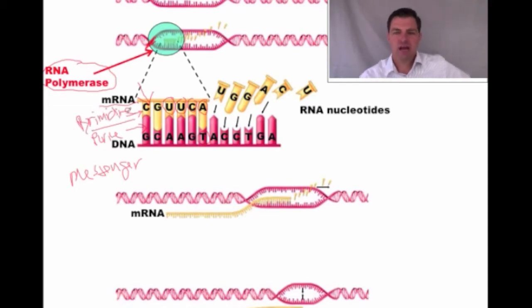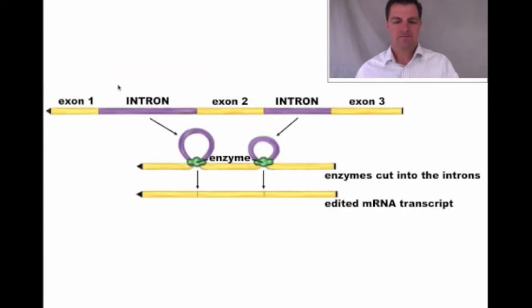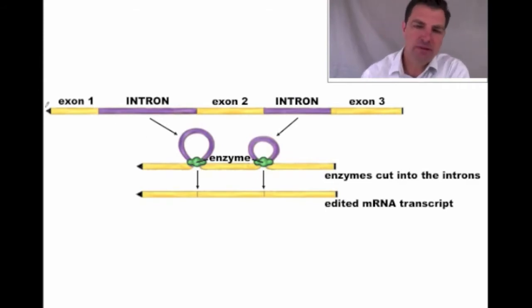Okay, so what's going to happen first in the nucleus is I'm going to copy my DNA into the form of RNA, messenger RNA in this case. Now, what happens in cells like ours, you copy the RNA, but it turns out you don't use the whole RNA. So we have things that we call exons in there, and we have things that are called introns. So this is your original mRNA strand that you just copied. Some of these pieces get cut out.